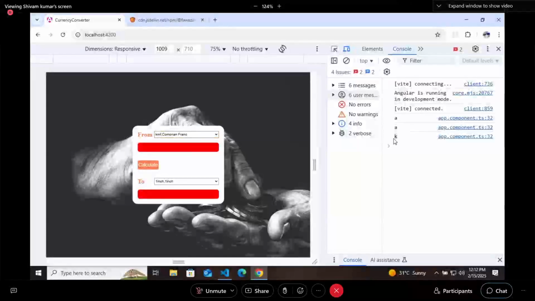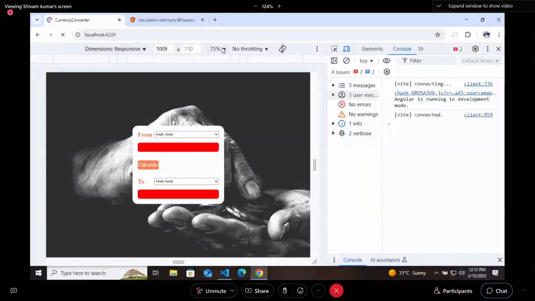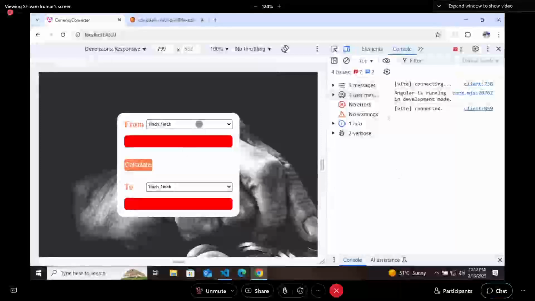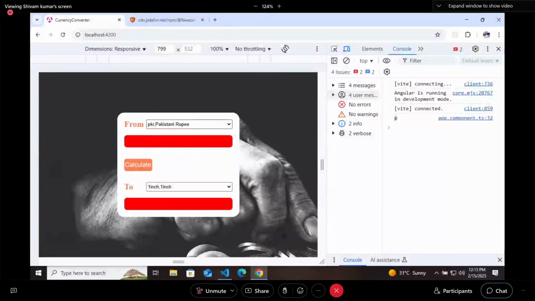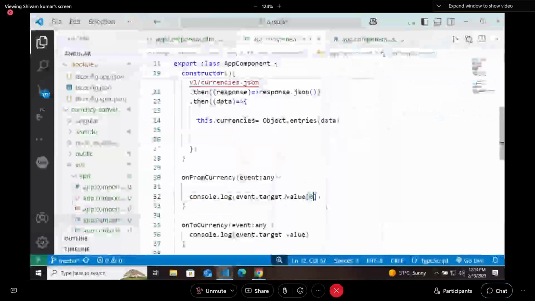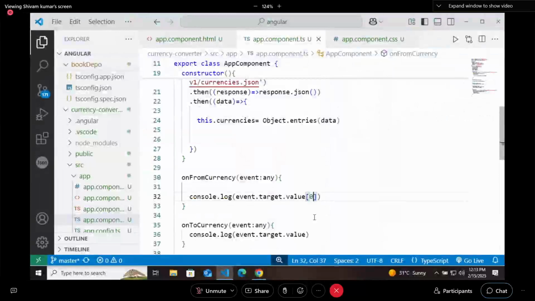If you want to print the first word, what is the logic for that? Let's say you are selecting this Pakistani rupee, so it will print only P. For that you need to split it. How will you split?